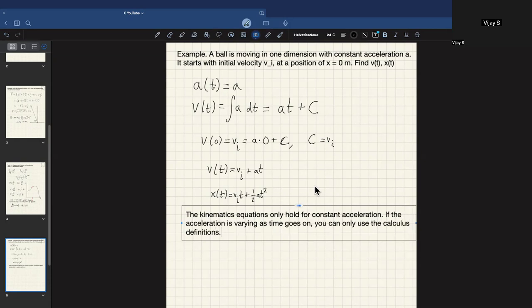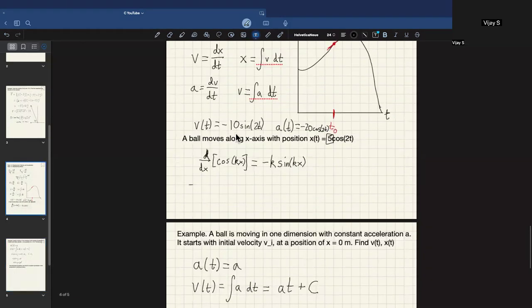So for example, let's go back up to this cosine problem. The ball moves along the x-axis with a position given by 5 cosine of 2t. Well, if I wanted to find the velocity and the acceleration, I cannot use a kinematics equation for those. You'll notice that I just immediately took derivatives to find velocity and acceleration. And the reason why is because the kinematics equations